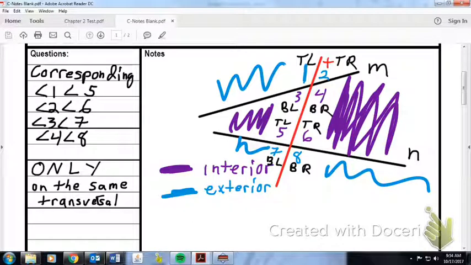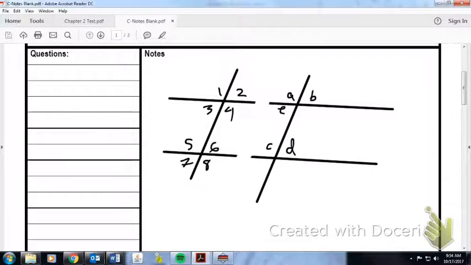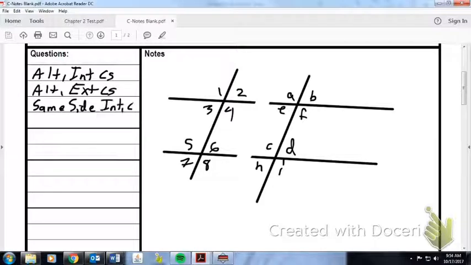Okay, only on the same transversal. So if you're not on the same transversal, if you don't have 2 lines crossed by the same transversal, none of these pairs match up. So this is what I want you to do next. Okay, so again, take like 2 minutes, copy this down, and then what you're going to do when I tell you to is you're going to write down